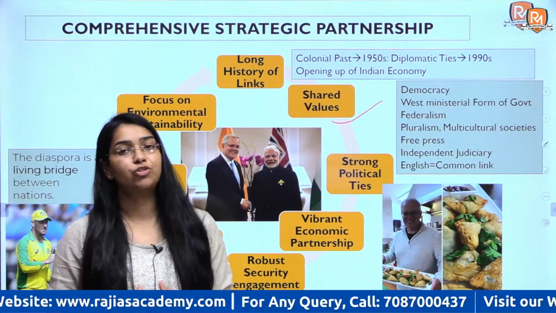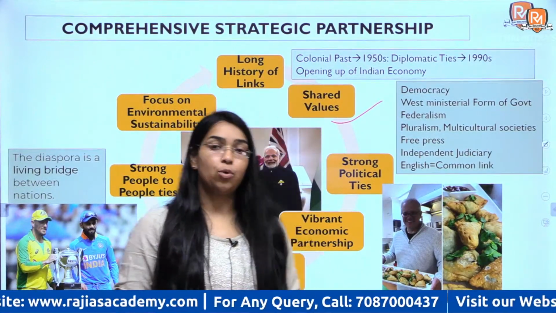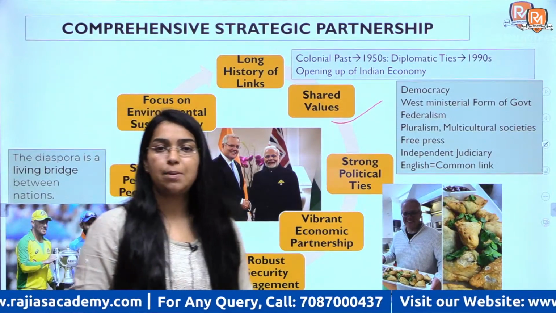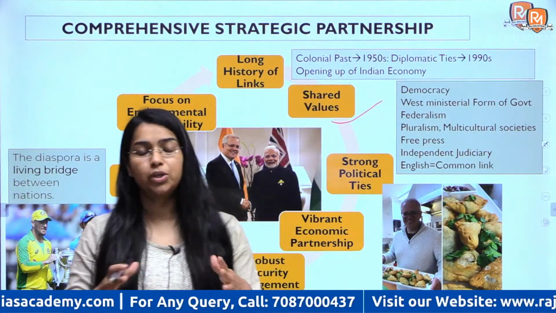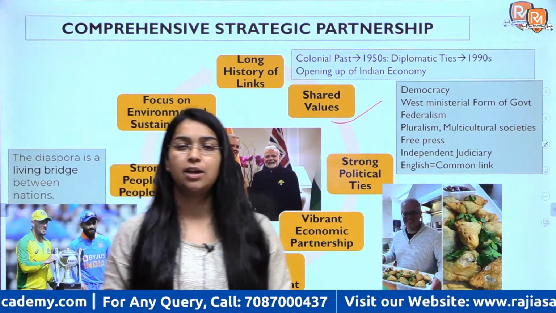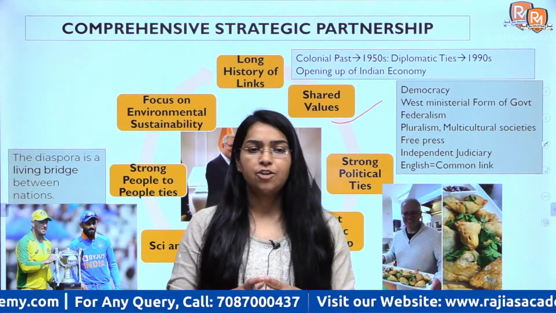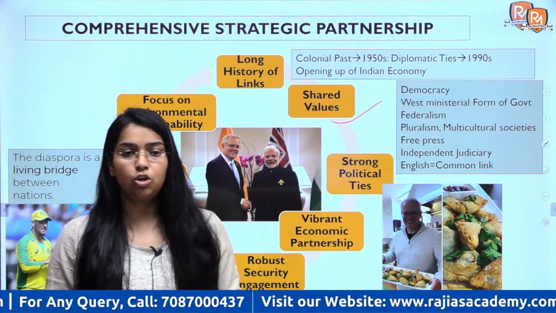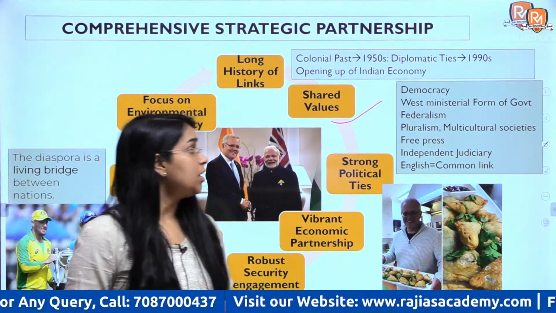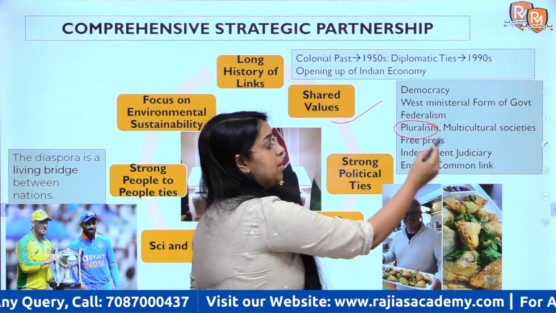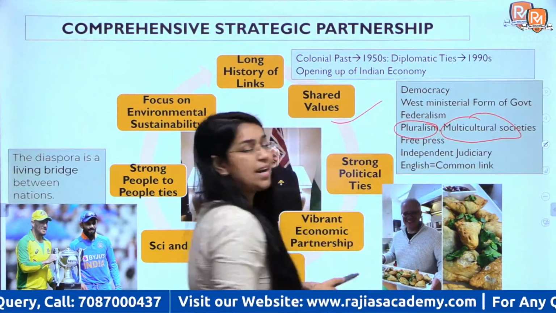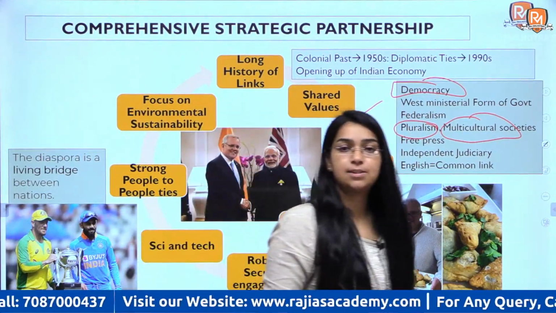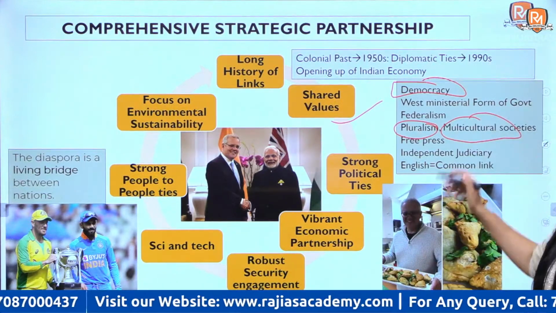First of all, both of them are democracies, right? Both support multiculturalism और pluralism. ऑस्ट्रेलिया में भी आप देखिए डिफरेंट एथनिक नेशनैलिटीज़ के, रेसेस के लोग रहते हैं. वैसे ही इंडिया में डिफरेंट नेशनैलिटीज़, डिफरेंट रेसेस एंड डिफरेंट लोग पाए जाते हैं. Right, so both support pluralism, multicultural societies, right? Both support the idea of democracy. दोनों में Westminster form of government है. Westminster मतलब,